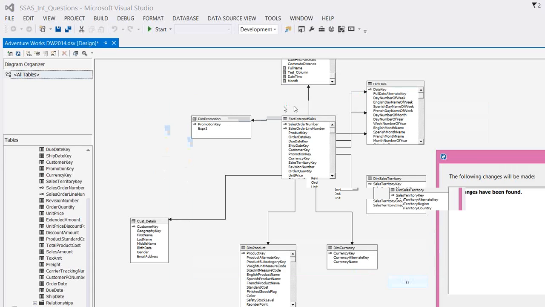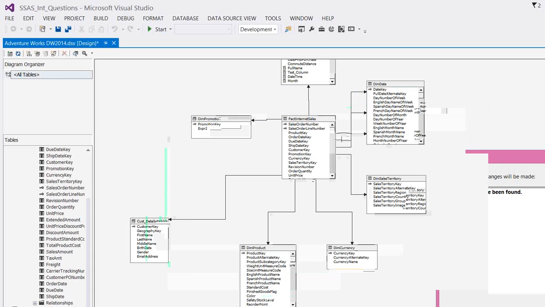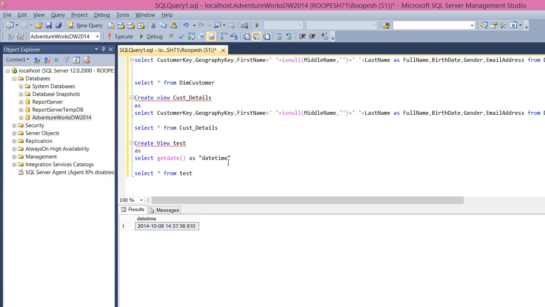So what you need to explain to the interviewer here is how the changes, and what are those changes, that will be pulled as part of this refresh. For example, if you go back to SQL Server, let me take the dim customer table. For example,